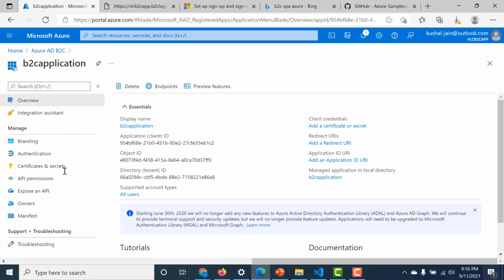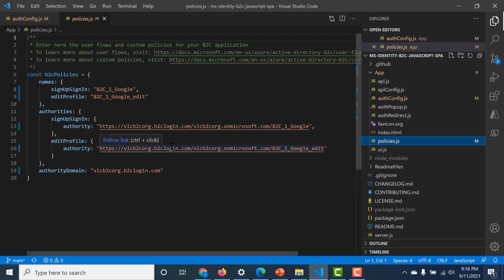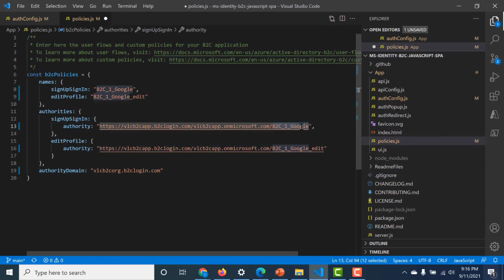To get this information, you go back to your page again and click on endpoints. You can just copy this particular path and paste it here. And this particular suffix represents your user flow.